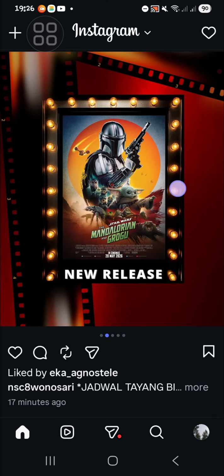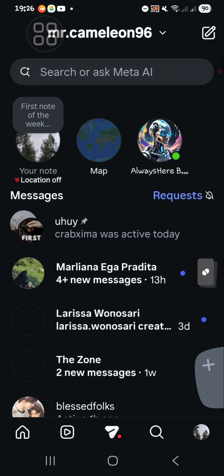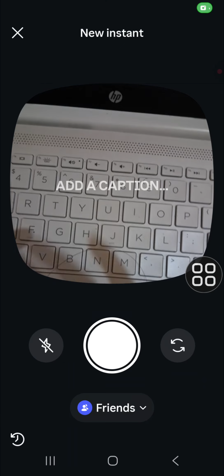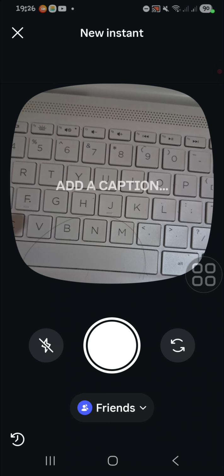Alright, and now I have already opened my Instagram application, and after you open it, you can go to your DM inbox right here. This is my Instagram direct messages, and at the bottom right corner you will see a small stack icon called Instants. This one, tap on it, and then your camera will open up instantly like this, and you can take a